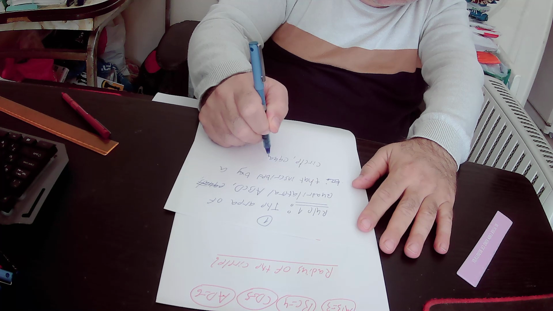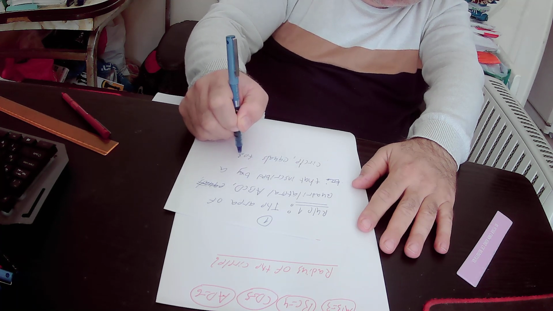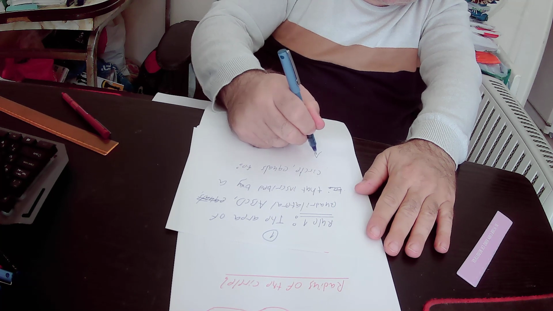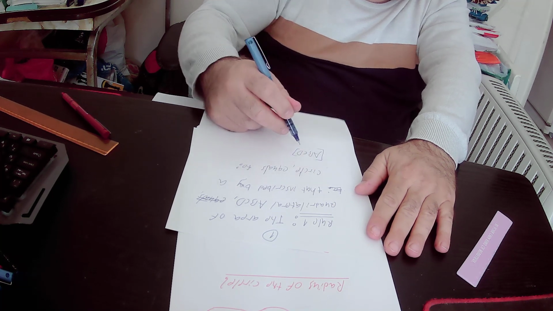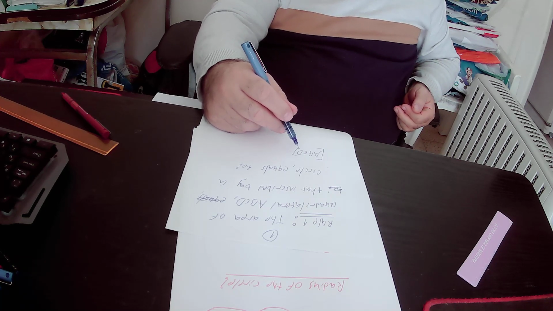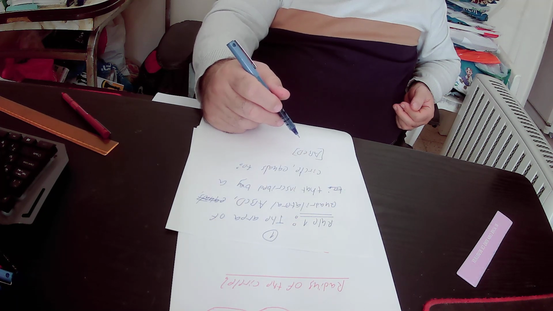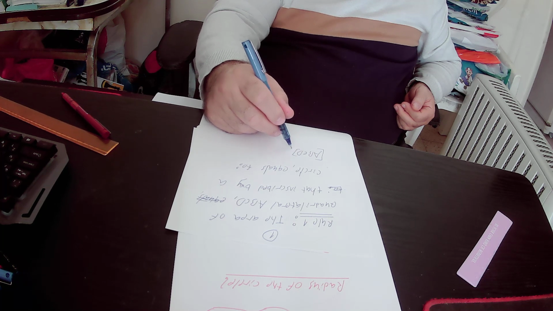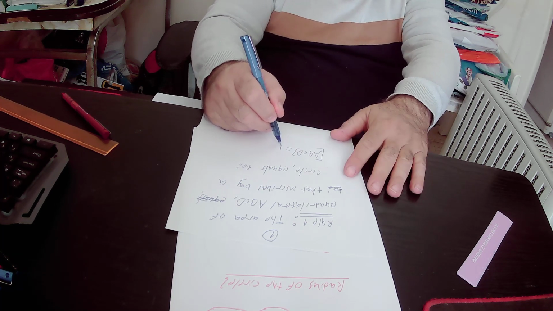So this is the sign of the area, which means the area of quadrilateral ABCD will be equal to, according to rule number 1, the root of